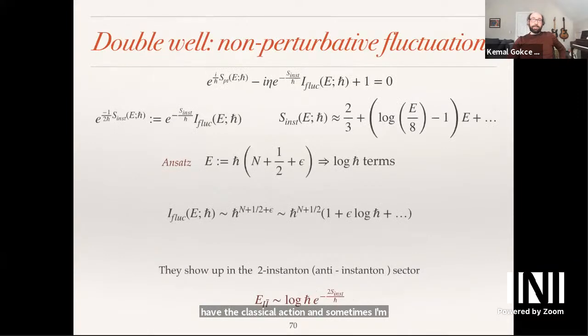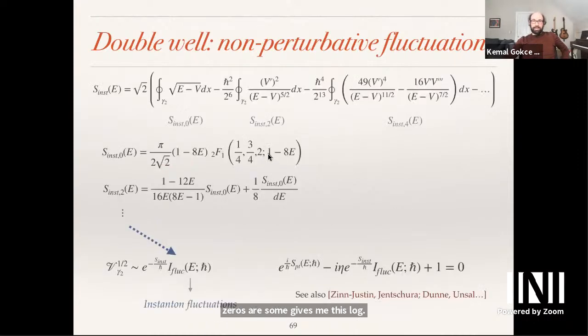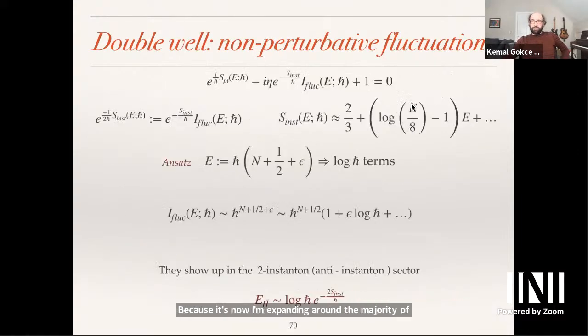Now, let me look at something slightly further, which is that let me look at this fluctuation term more carefully. So this is again some hypergeometric function that I can expand. Even the zeroth order term gives me this log because I'm expanding the hypergeometric function around 1. Which gives me this log term. And when I make my ansatz here and plug it into this expression, my